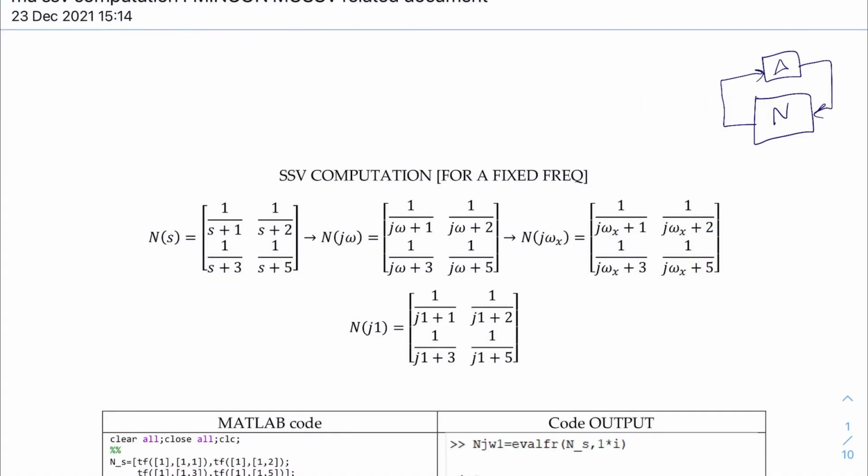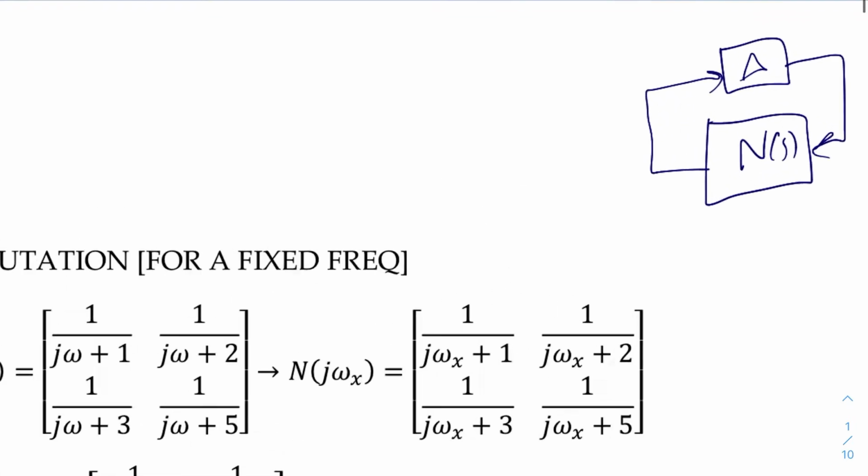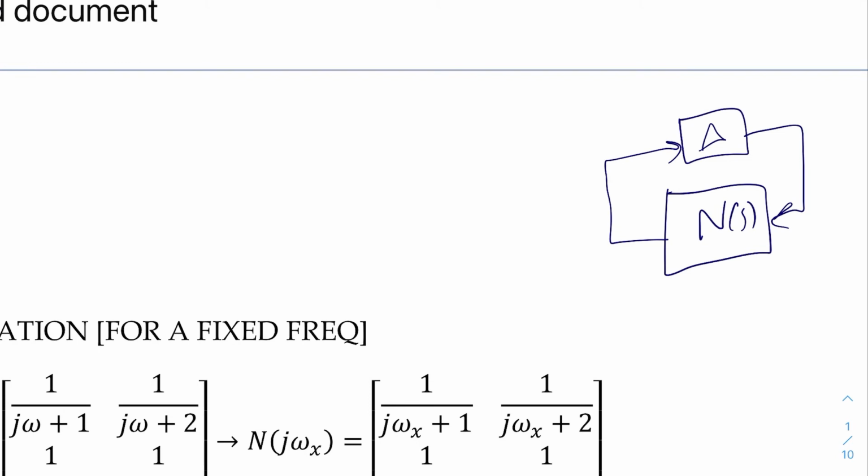Hello everybody, today we're going to talk about SSV computation for a fixed given frequency. When I say fixed given frequency, usually we have N of s here, and for a given frequency, j omega, let's say omega equals 1 radian per second. In that case we will compute